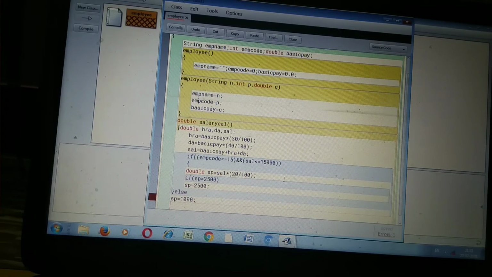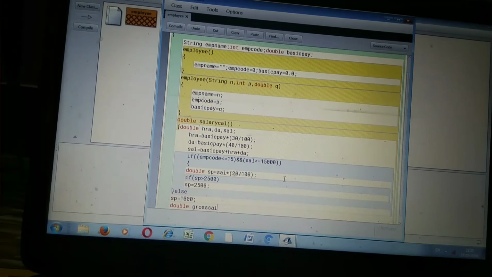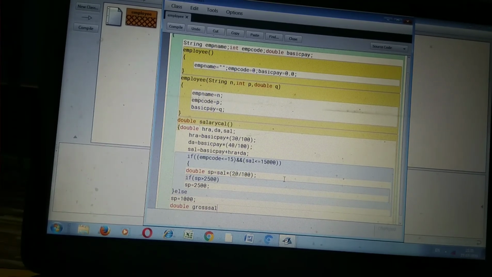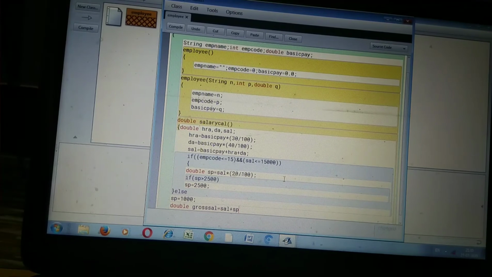Now we want to get the total salary. So take one more variable of double type, double grossSal. GrossSal means gross salary. Gross salary is equal to salary plus special allowance SP.